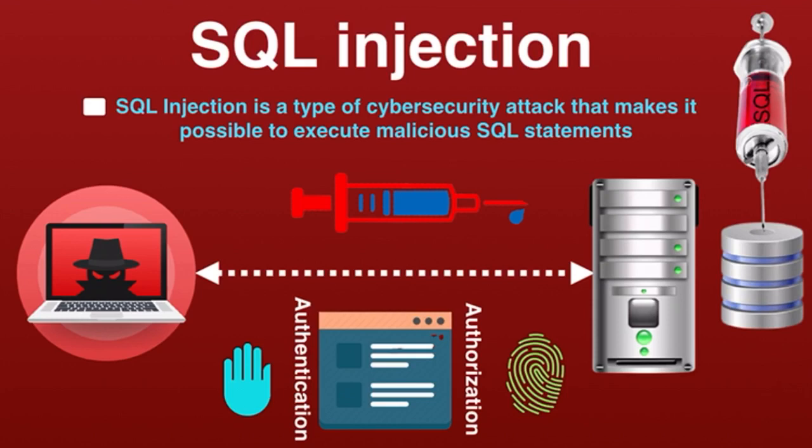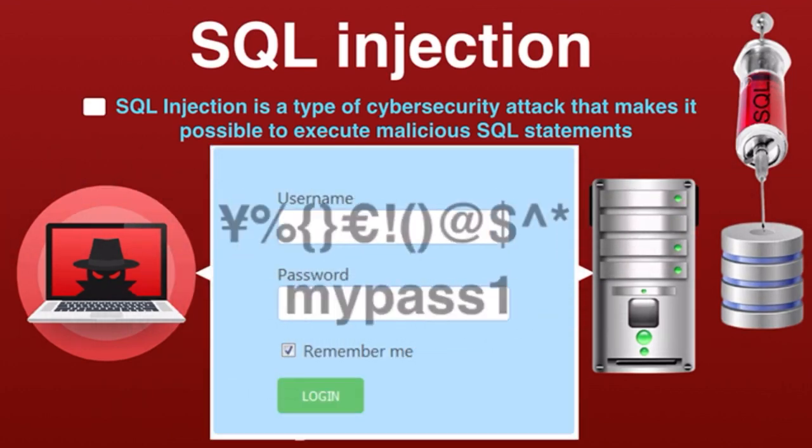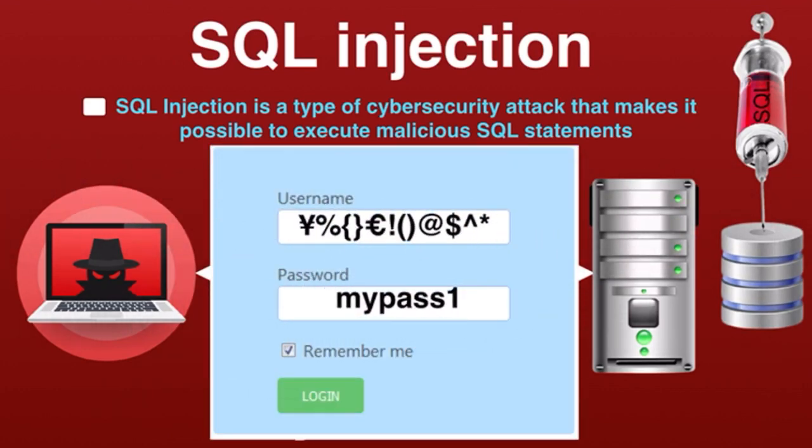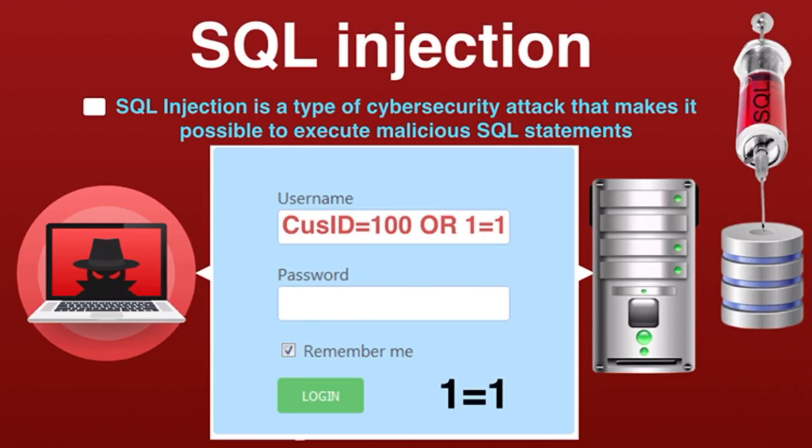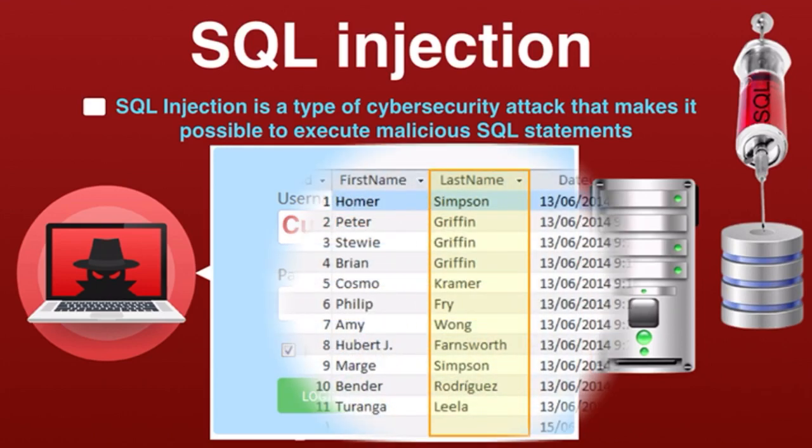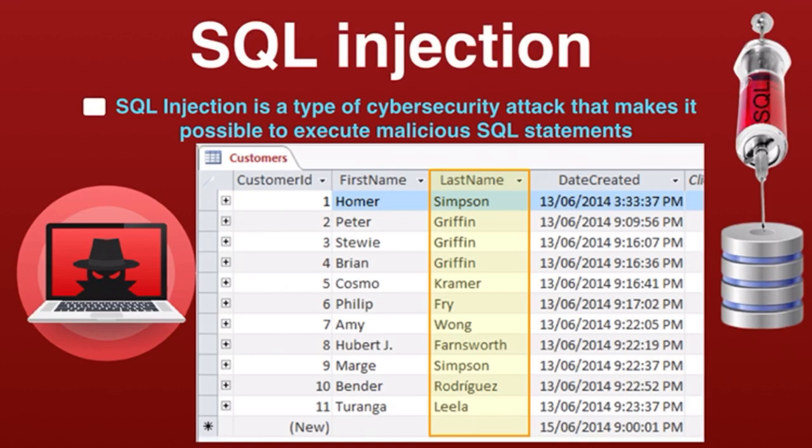It works in a very simple way. Attacker carries out an SQL injection simply by putting malicious code into a vulnerable website login page. For example, a database that stores information about customers who have made a purchase with customer ID numbers. Instead of searching for a specific customer ID, attacker inserts 1 equals 1 into the input field. Since the statement 1 is equal to 1 is always true, the SQL query would return all available customer IDs. This allows the attacker to overcome authentication and gain administrator level control.